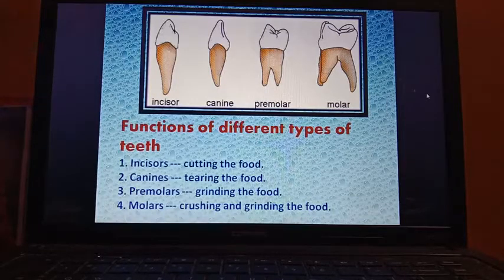Next question is, draw the diagram of the digestive system of man and label it. So in your book, on page number 49, you can get this diagram, and the labeling also is there. You don't have to define the terms, you just have to label the terms or parts. Next, we will proceed to the long answer questions.